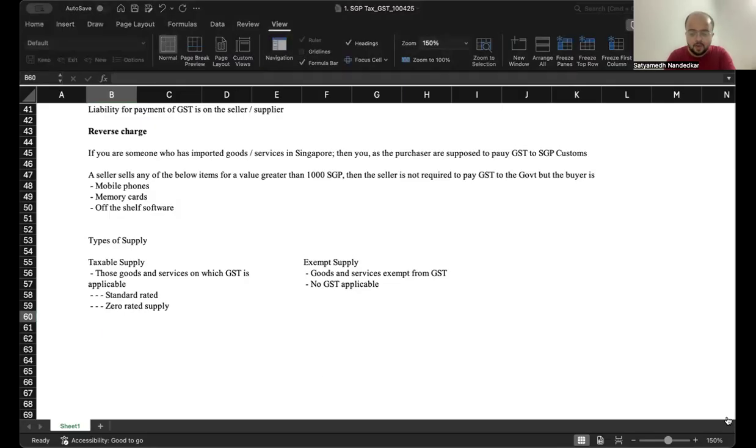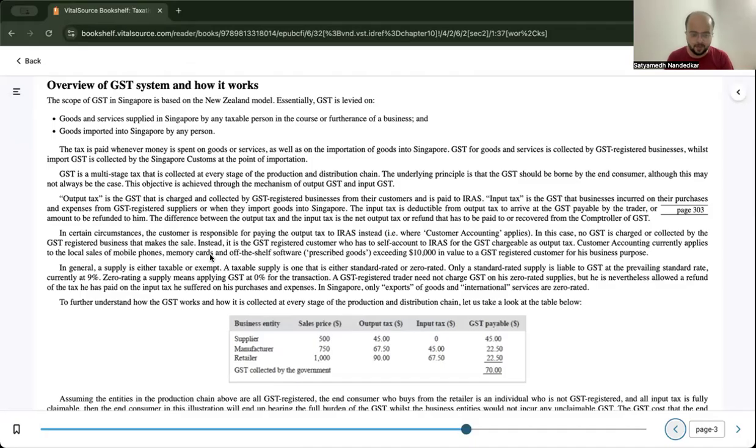See, when the term used is zero rated supply, what it means is that GST is applicable, just that the rate of tax is zero. But in case of exempt supplies, what that means is GST only is not applicable. Standard rate is 9%. To understand further how GST works and how it is collected at every stage of the